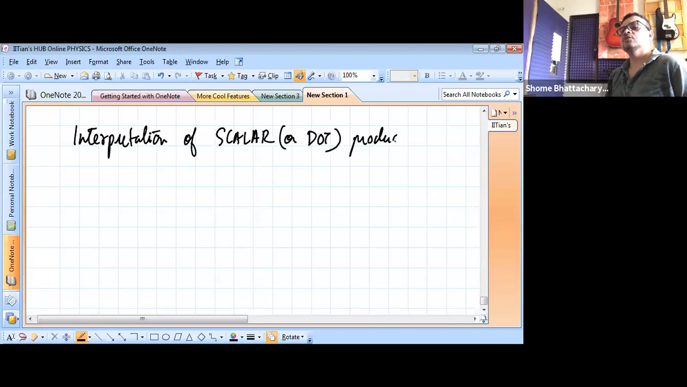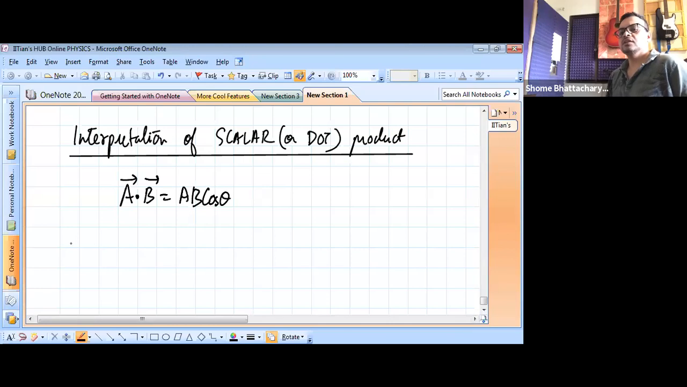What exactly does the operation give us? Many of you were thinking of this last time when we discussed the definition: why do we use cos theta? What is the significance of that? So let us understand that now. A dot B is equal to AB cos theta. So notice geometrically,